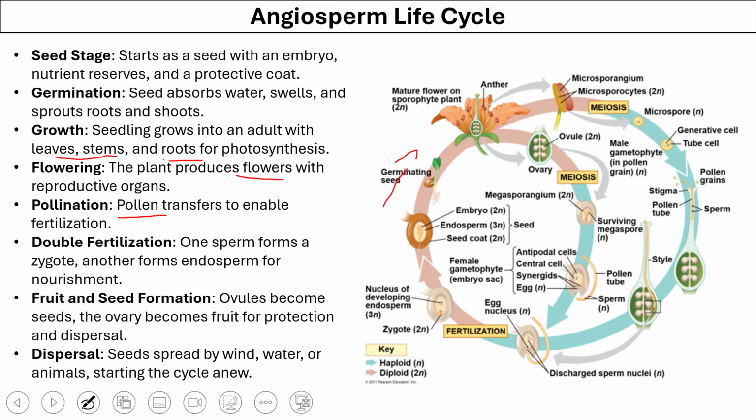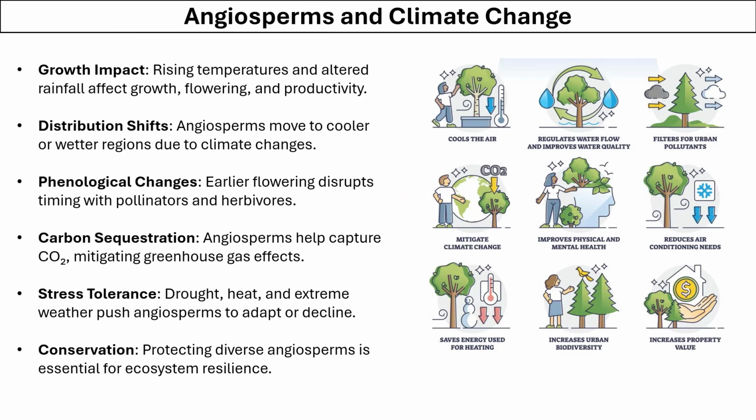The fertilization is a double fertilization in which one sperm fuses with the ovule to form the zygote, while the other forms the endosperm. The endosperm forms the fruit and the zygote forms the seed. So again, this structure is back to forming the seeds which enter into the next cycle of plant growth.